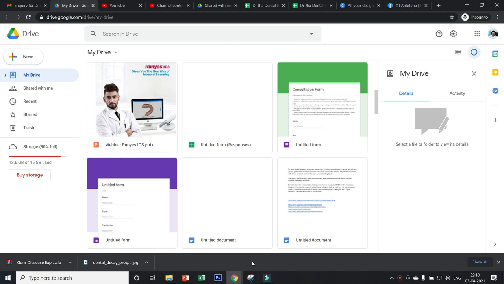I'm Dr. Ankit Jha, and very recently on Facebook, there was a discussion going on about managing patients and their data: which software is best for patient management and for managing the finances of the clinic, and all that. So I gave a simple tip that I use Google Forms and the response sheet that comes with it. That is very convenient for me to calculate the expenses of the clinic and everything.